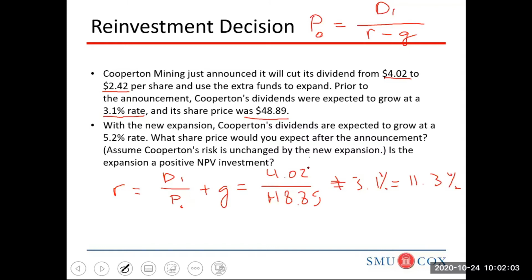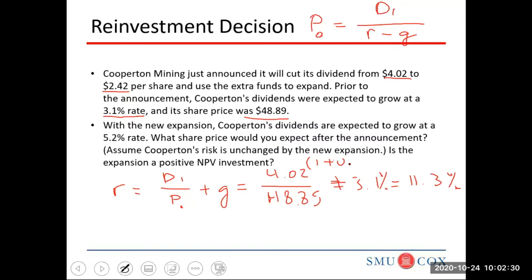We need to multiply this dividend. If you read it carefully, it says it'll cut the dividend to 402, but in the formula, it's asking us to use the dividend next year. And next year, with the old growth rate, we should be using